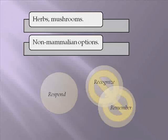We could spend days on the issue, but let's cut to reality real fast. An herbal, mushroom, or other non-mammalian source product cannot significantly help the immune system recognize and remember as required by the imperatives. These are activities carried out by immunoactive molecules that must come from us or another mammal. These herbal, mushroom, or non-mammalian products could perhaps help the immune system